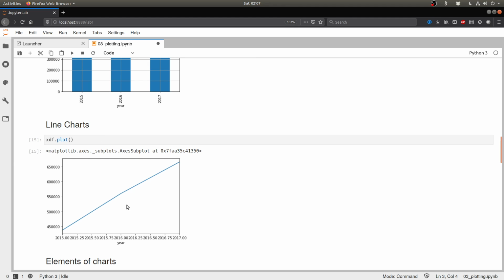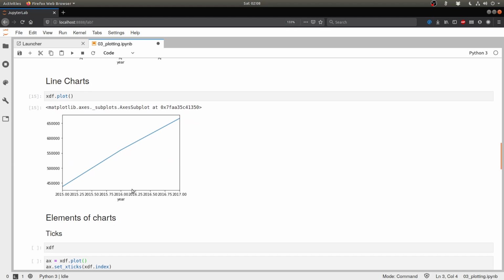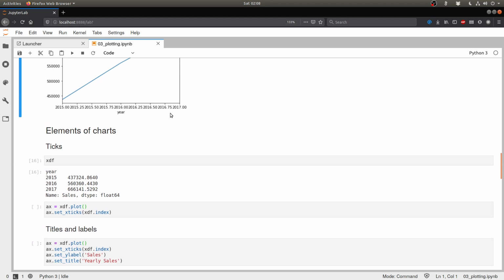However, there are a bunch of different things that you can change even with the line chart. For example, one major thing that we see wrong with this particular plot is that the x-axis ticks, these labels that you see here, these are called the ticks. They are not at all readable. If we look at XDF, we see that there are only 3 values, 2015, 16, 17, but we are seeing all of these 0.25, 0.5, 0.75 intermediate values in them. So I could simply want to change these to reflect only these 3 values and nothing else.